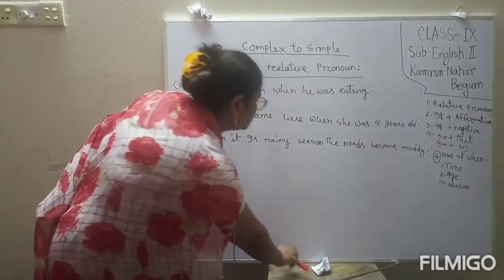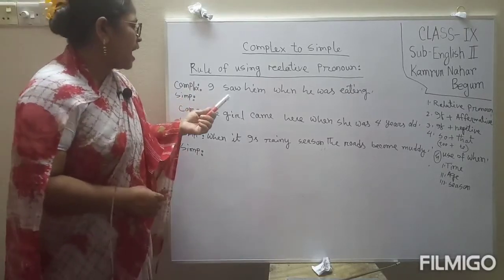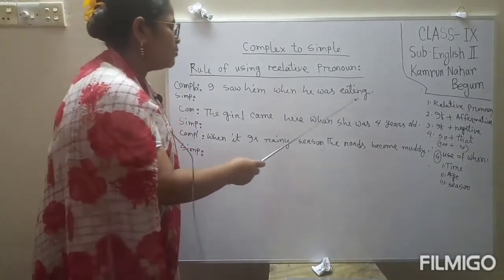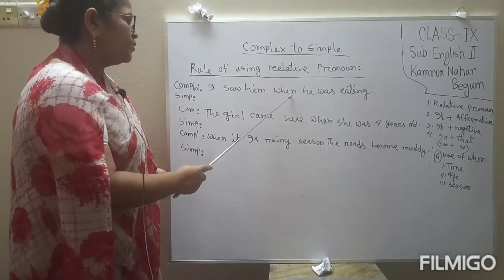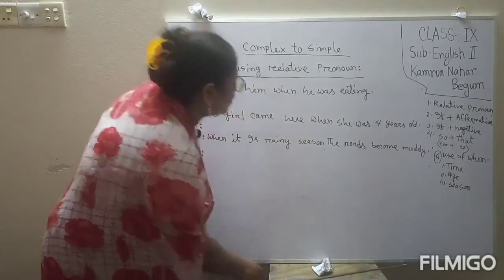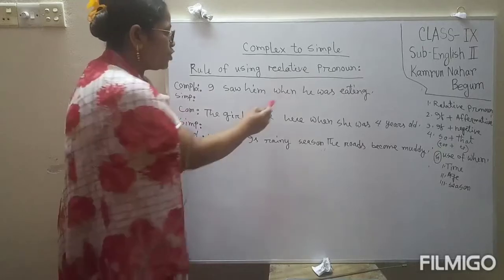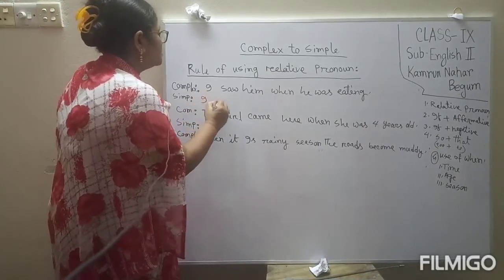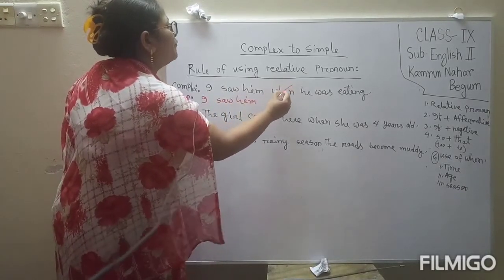Now we will come to discuss the first situation. Here is a sentence: I saw him when he was eating. It's the time when I saw him. So we can mention here that when has been used as a replacement of time. So we will use at the time instead of when. So we can write, I saw him at the time of